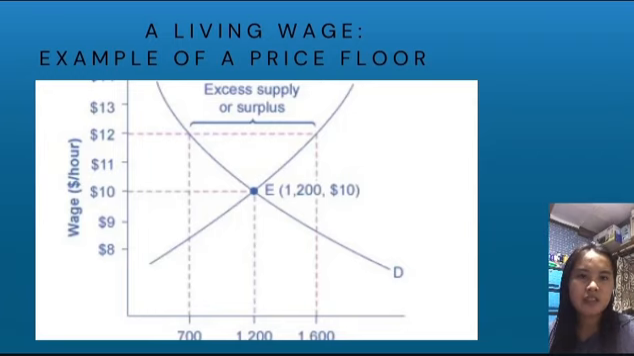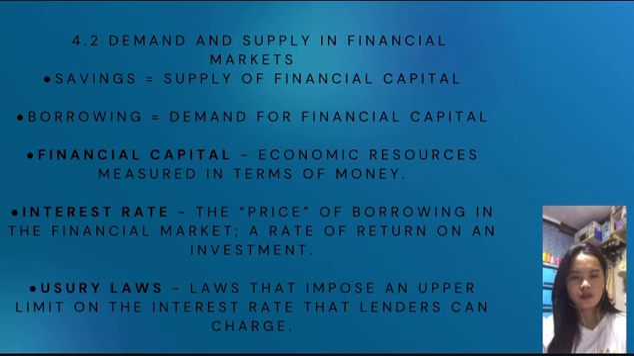A living wage as an example of a price floor. The original equilibrium in this labor market is a wage of $10 per hour and a quantity of 1,200 workers, shown at point E. Imposing a wage floor at $12 per hour leads to an excess supply of labor. At that wage, the quantity of labor supplied is 1,600 and the